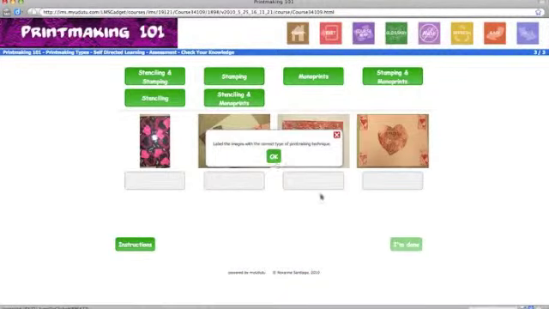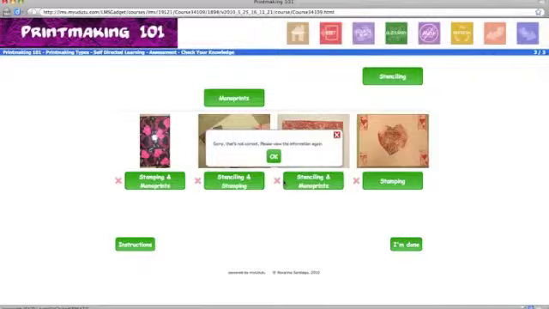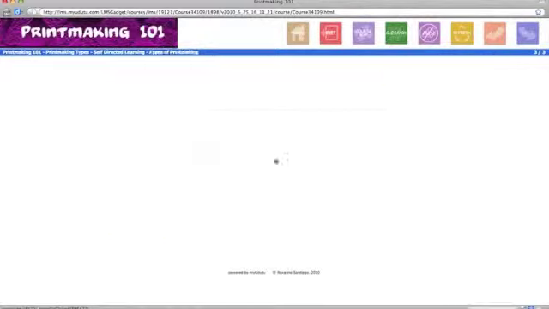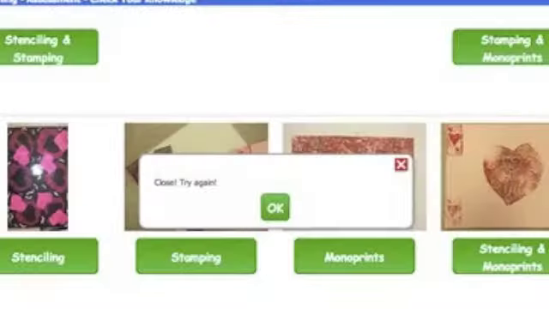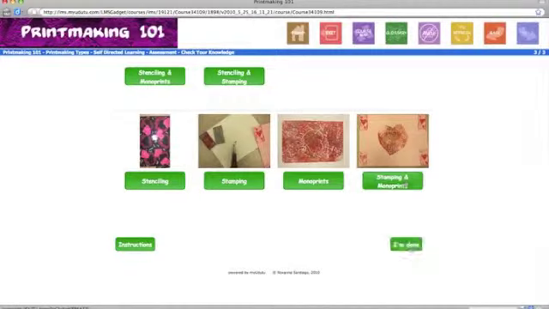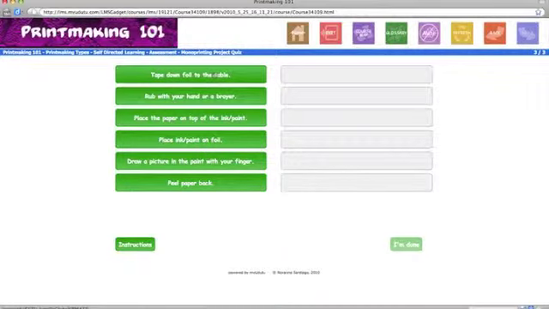This screen will assess the student's understanding and the ability to identify and label the proper image with the correct printmaking style or styles. If the labels are not correct, users will be sent back to review the types of printmaking. If the user has most of them correct, they have another chance to match the images with the labels. If the labels are correct, users will advance to the next screen, which is the Monoprinting Project Quiz.